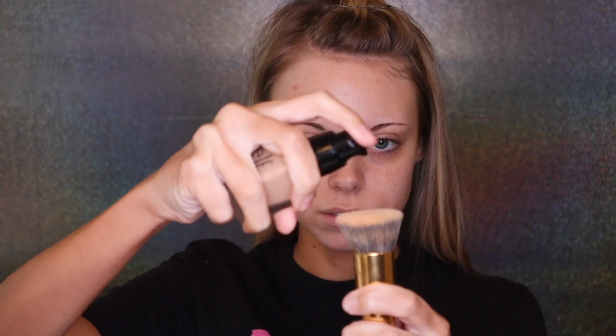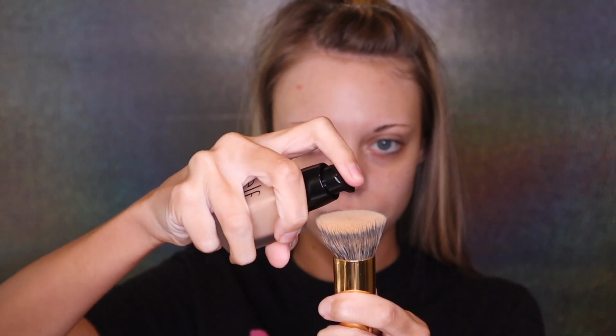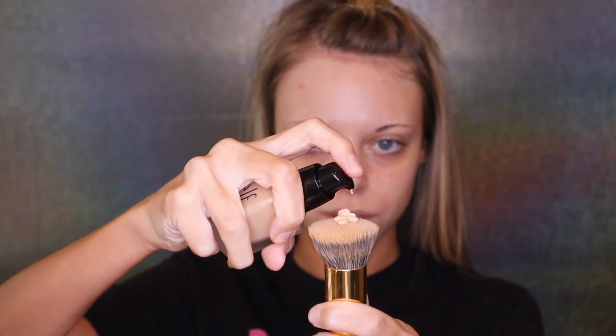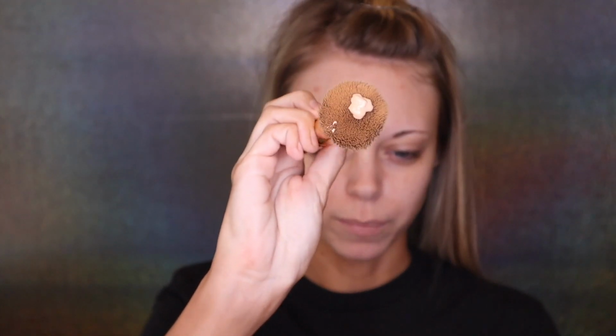Okay, now we're going to go in with the foundation. I'm going to give it a shake. It just has a little pump. I've heard a lot of good things about this foundation, so I'm kind of excited to try it. That may have just been way too much, but I did 2 full pumps. And I put out about that much on the brush. So now I'm just gonna...